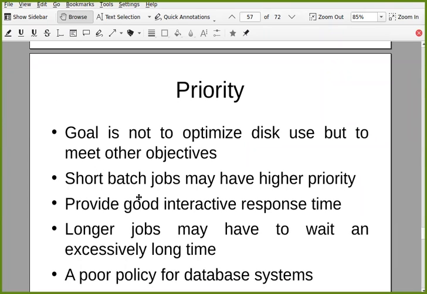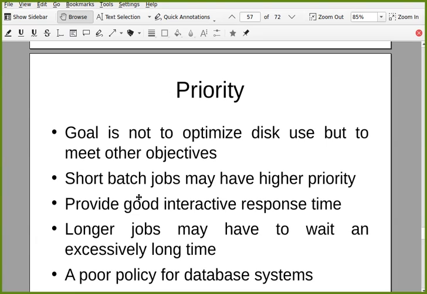Okay, in the example that I just described, where you have jobs in different cities, your priority is not to minimize your travel time. What is the priority? Which job is more important? Maybe which job is paying you more, something like that. So that is your priority. Minimizing travel time is not your priority. So in that case, if the job at Baroda is giving you the highest payment, maybe you do that first. And the next job at Ahmedabad is giving you the highest payment. Then you go from Baroda to Ahmedabad. Then you may come from Ahmedabad to Nadiad. Then again you go from Nadiad to Gandhinagar. So you don't worry about travel time.